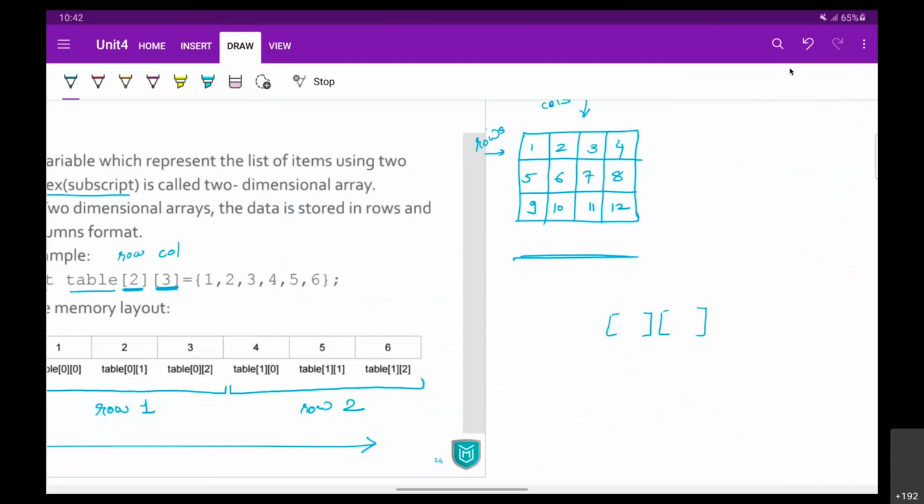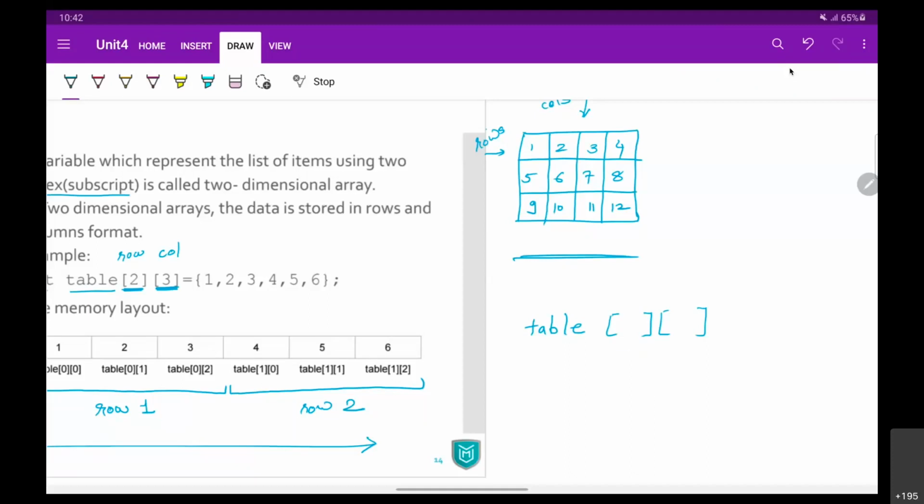How do we access any element from this two-dimensional array? That's the question. So if you want to access any of the element, first you need to use the variable name. So that is table. Let's say table is the variable name. And then as long as this is a two-dimensional array, we are going to use 2 subscripts here.